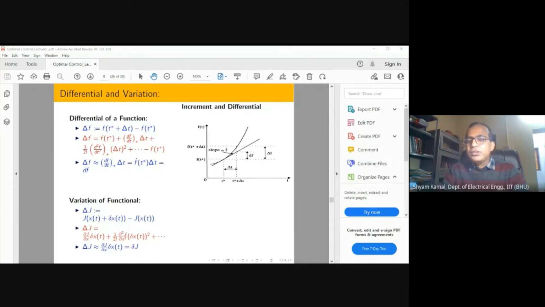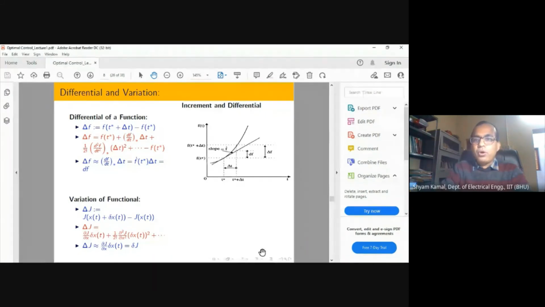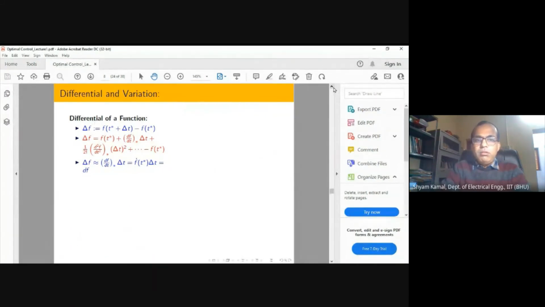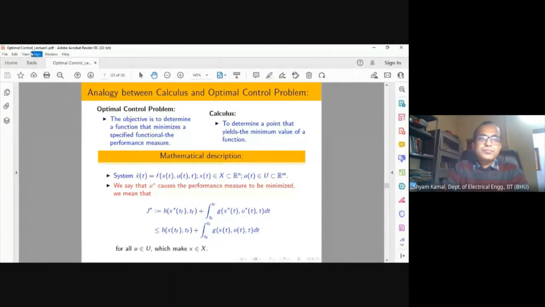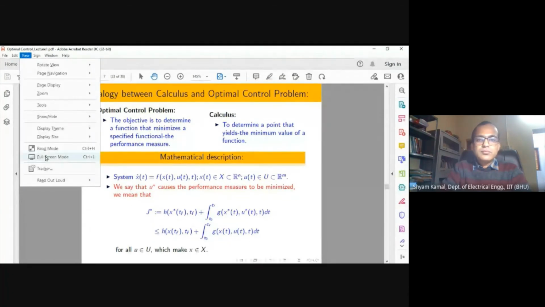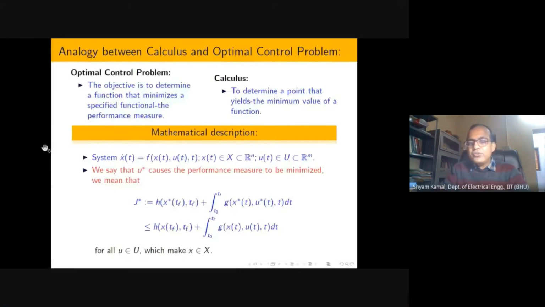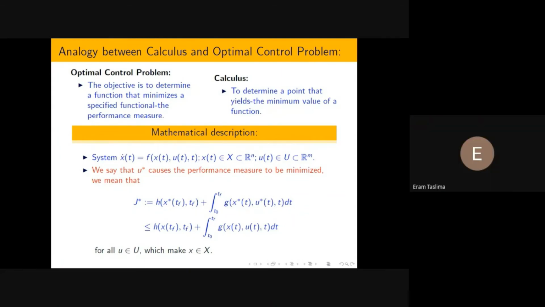So what do you think? What kind of things do I have to first confirm before going to deal with the optimal control problem? What theoretical things do we have to confirm? Anyone? Those who are mature in control systems, could you please answer? Iram, could you please answer? Because you have already taken one semester course. Or Silpi? Anyone, could you please answer? Sir, the continuity or differentiability.